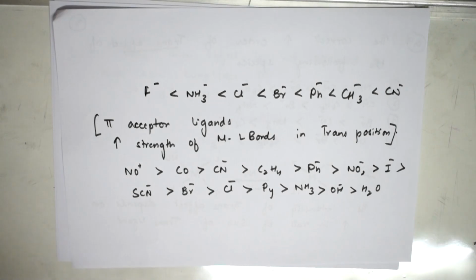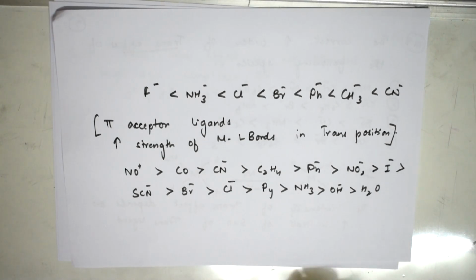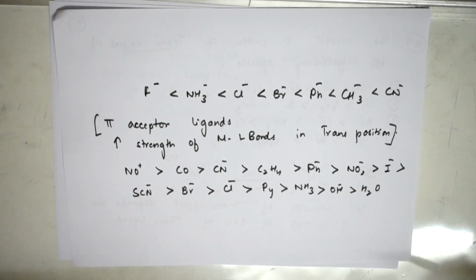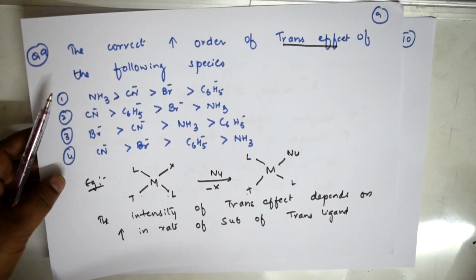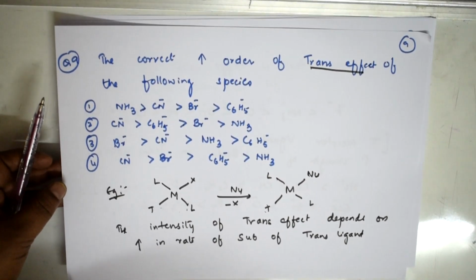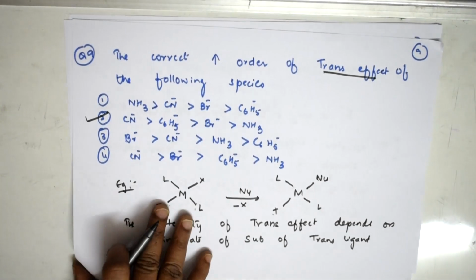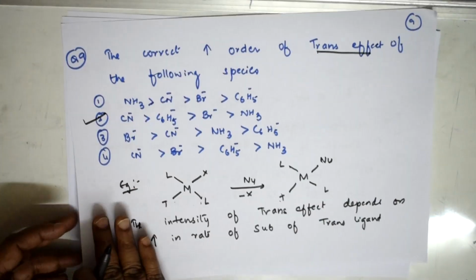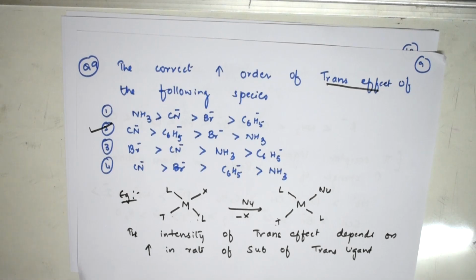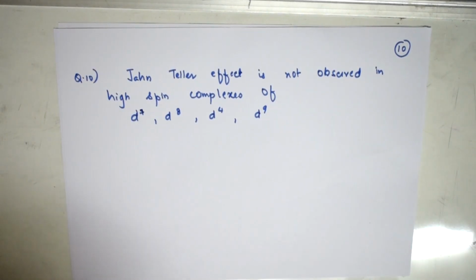That's fine, students. So when I take this order according to this option, I have to see the increasing order, which is the correct order. Now let's check and come back to this answer. Which is the increasing order? The highest according to this is CN⁻. This is option 2, no? According to this order, the correct option is CN⁻. Now let us come and solve the 10th question.